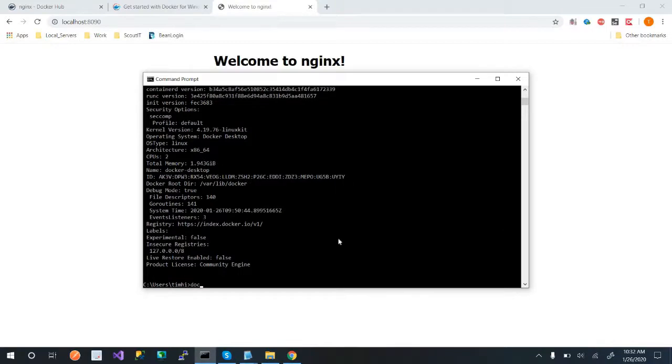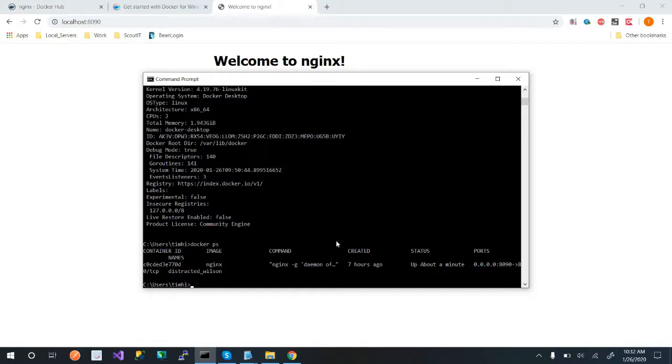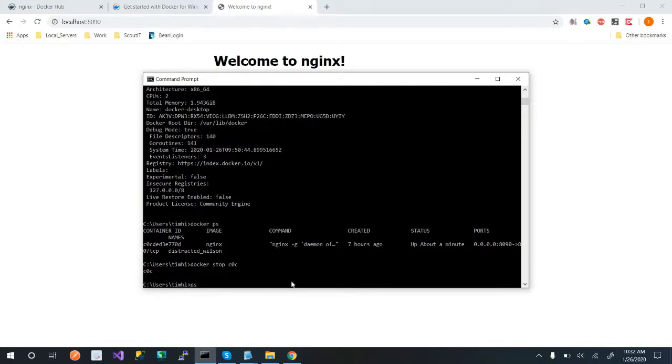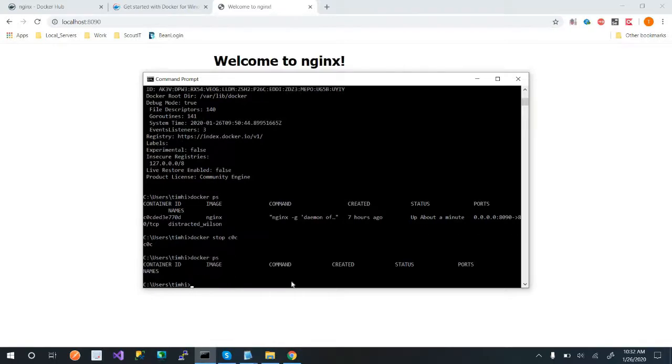Okay, I want to see my containers if they're running. You can detach. Notice I have it running. So we'll say Docker stop, and you need the ID. But the good news is you don't have to have the whole ID. It's smart enough to know that it's just there. So if I say Docker PS again, I know I'm typing fast because all this is here.